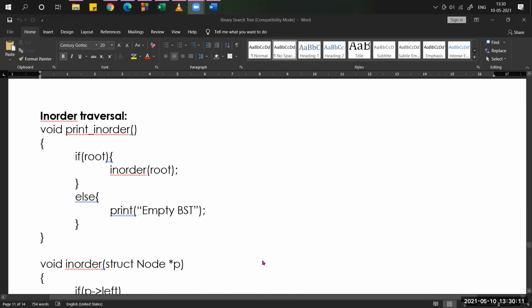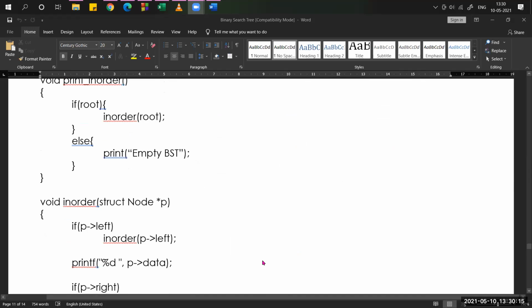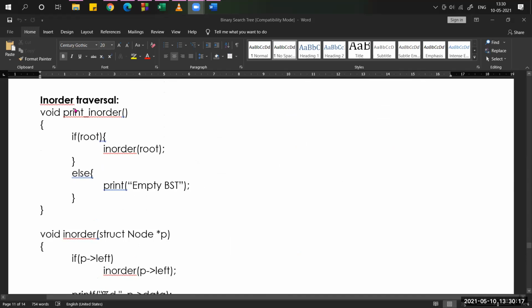Now let's check the code one by one for the different traversal methods. If you choose inorder traversal, what should we do? We have to print all the values. How do we print? There is one formula. Inorder means first we print the left child, then the parent, then the right child.